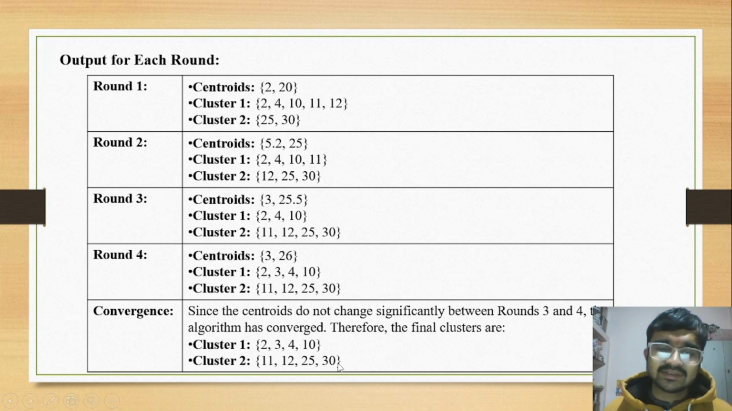Therefore the final clusters will be, in cluster 1, 2, 3, 4, 10, and in cluster 2, 11, 12, 25 and 30. In this way we perform the k-means clustering algorithm on a given set of data points. Now let's move forward to our next question, that is